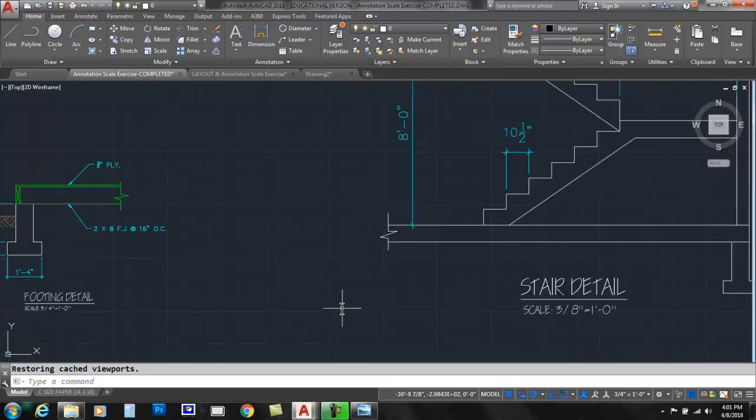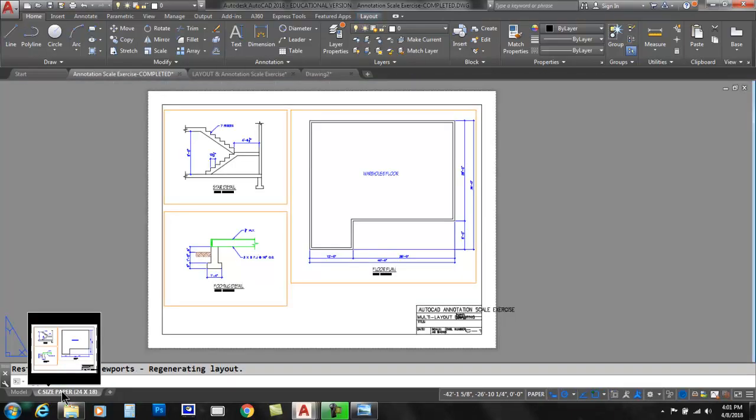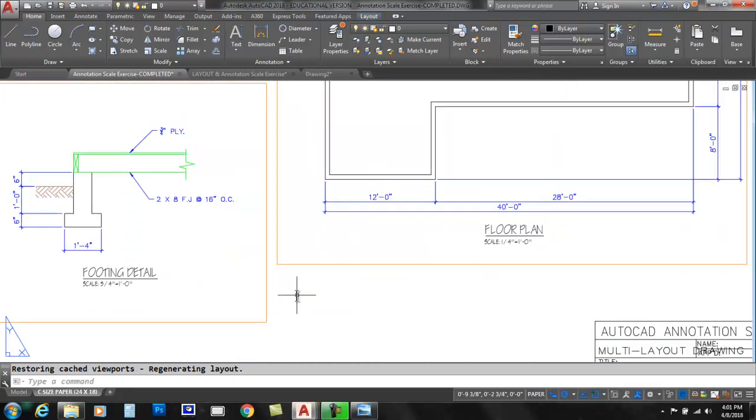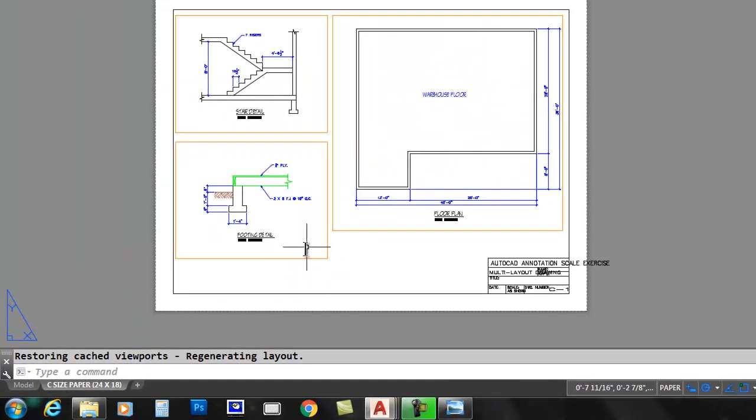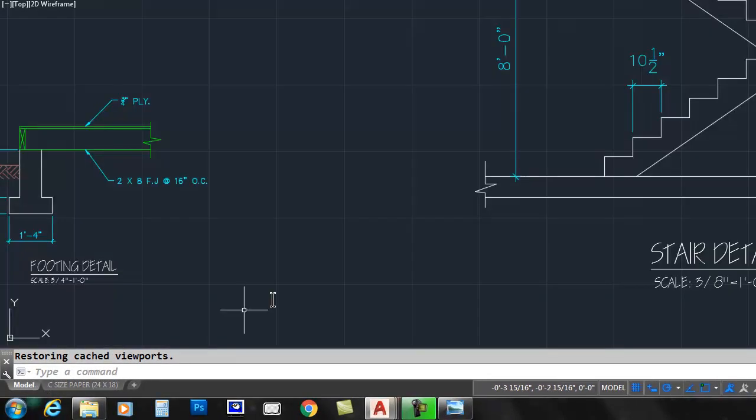Okay, so these are the objects that we're seeing, and clearly you can see that there's a different text height for each one of these. Yet the magic of annotative scaling, when you go back into layout, they all appear the same height. Now, what's happening here is